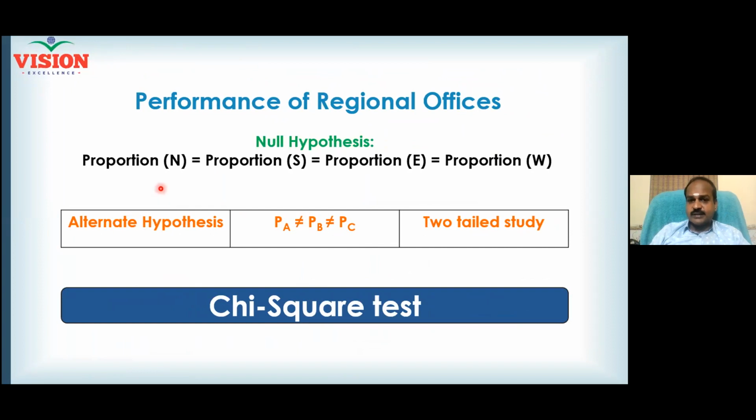four regions: North Zone, South Zone, East Zone, West Zone. I've got four offices and I am heading the entire country, and you are the CEO. Now you want to know which particular office is performing properly, or whether any office is performing significantly better than the other offices, so that you can give a promotion to one of them. You can measure performance in several ways. I want you to measure the performance of each office based on the number of errors they have committed in the last one year.